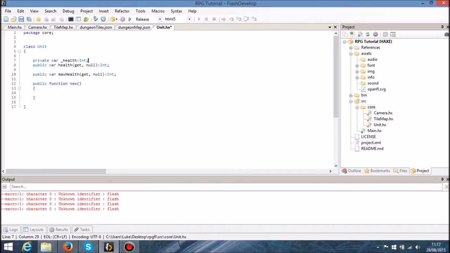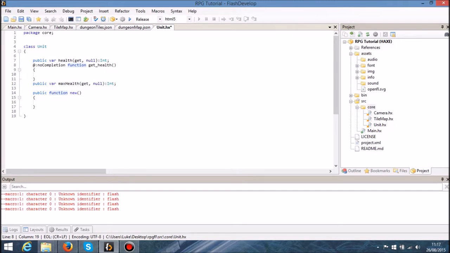Oh yes, I'm not going to be doing that, because the idea behind the unit is it's going to just provide us with some standard information regarding every character in the game. So obviously we're going to have health. Another thing that we're going to have, let me just quickly finish this off. Just going to make that an empty function for the time being. And what I'm also going to do is provide